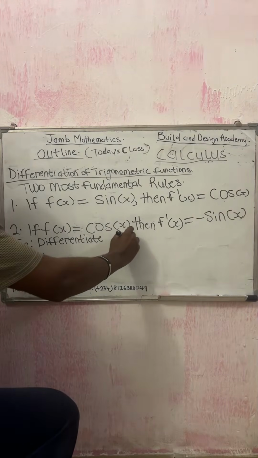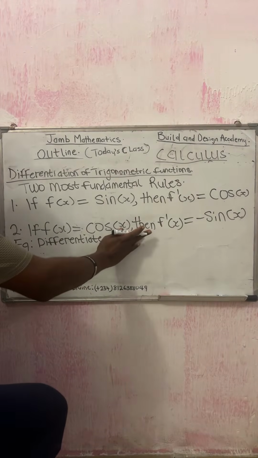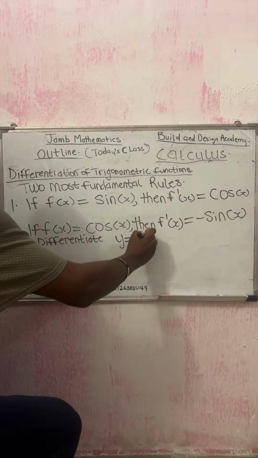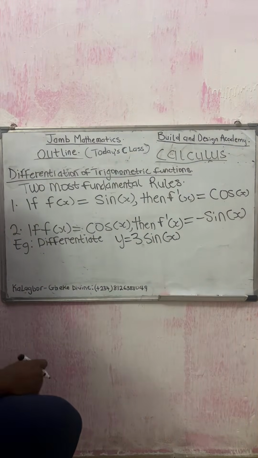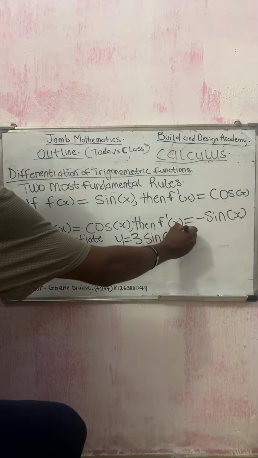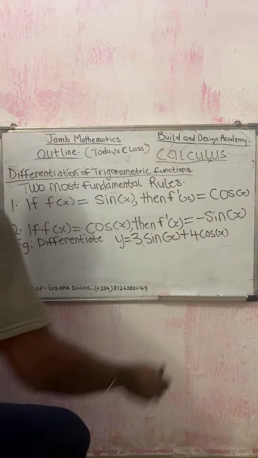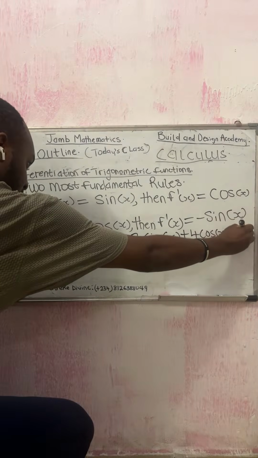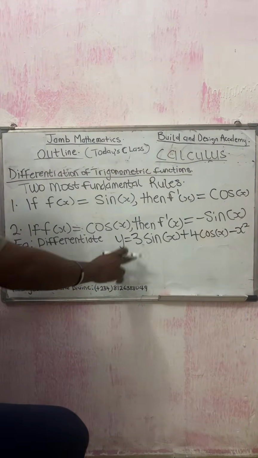y is equal to, let's say, 3 sine x plus 4 cos x minus x squared. So if we are asked to differentiate this expression or this function,